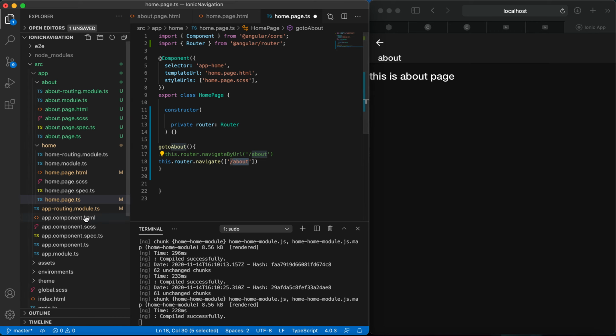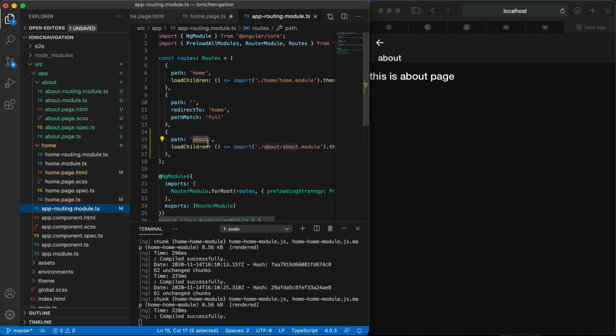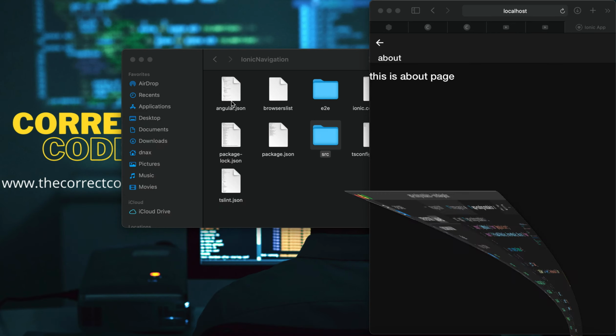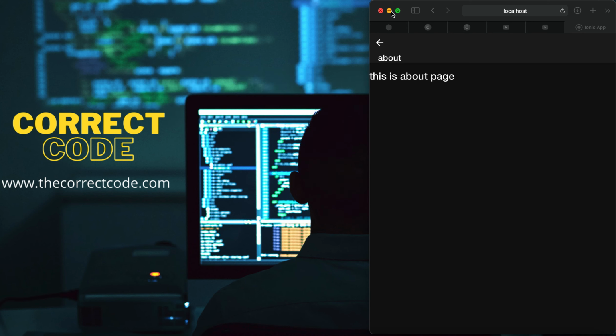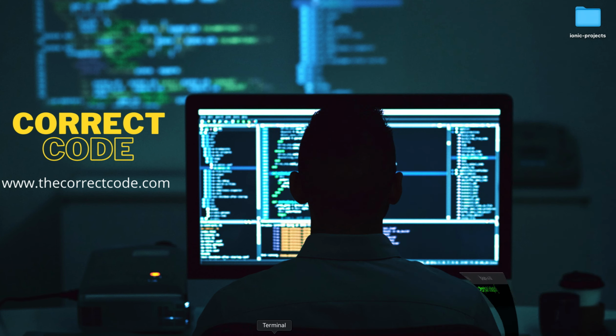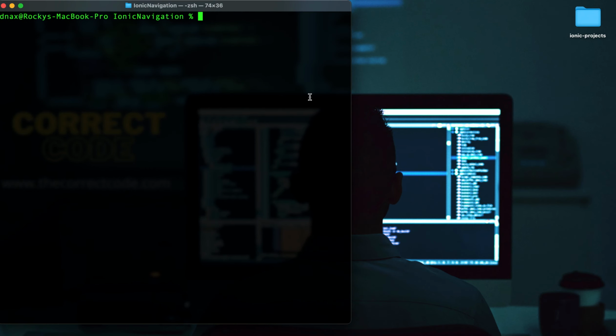This module will be available in the app routing module. If you go here, you can see the routing. So before adding all the pages, you need to route every page in app routing, then only can you use this routing navigation. Okay, so that's it for this lesson. I hope you understood how to navigate a page using a button or a function.